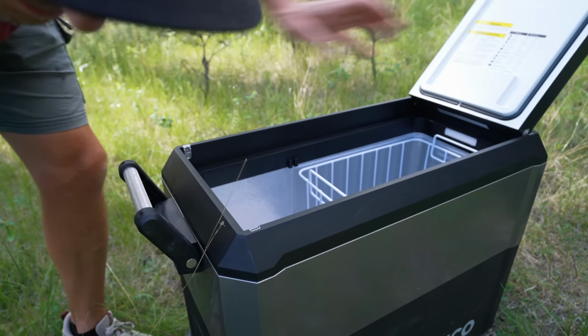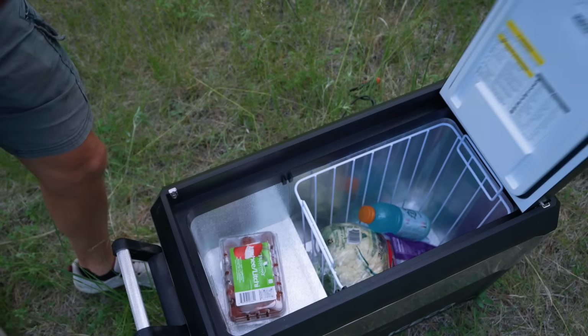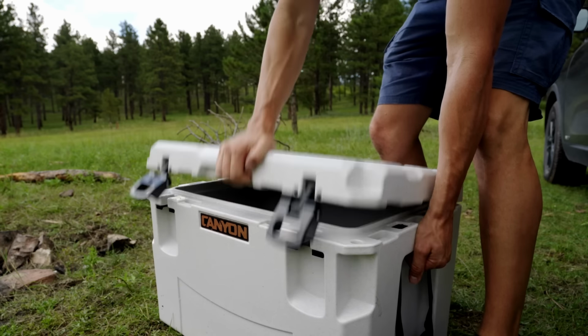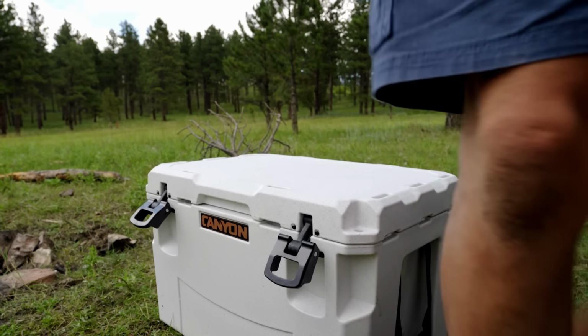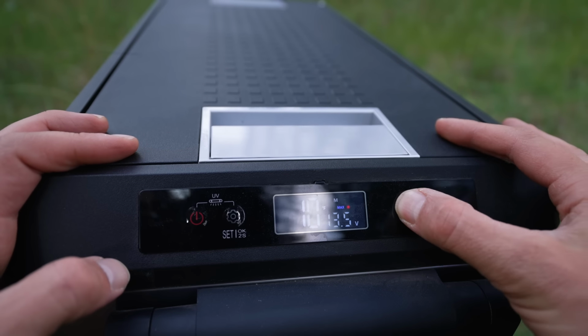Chances are you bought the wrong camping fridge. That fridge you thought would simplify camping has just made things more complicated. Now you're stuck needing extra solar panels, more battery power, and back to relying on your ice-filled cooler. In this video, I'm gonna share what those 4 mistakes are, how you can actually save money by buying the